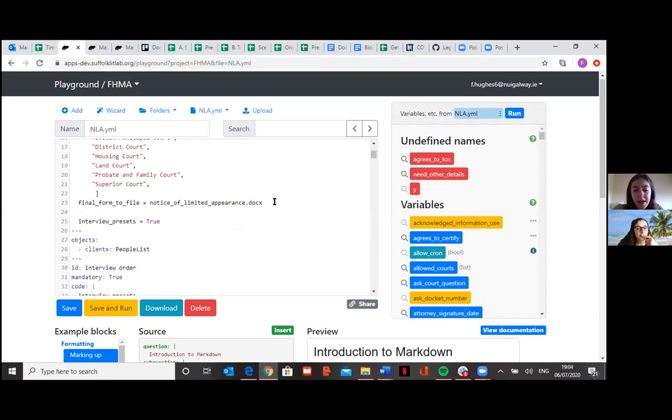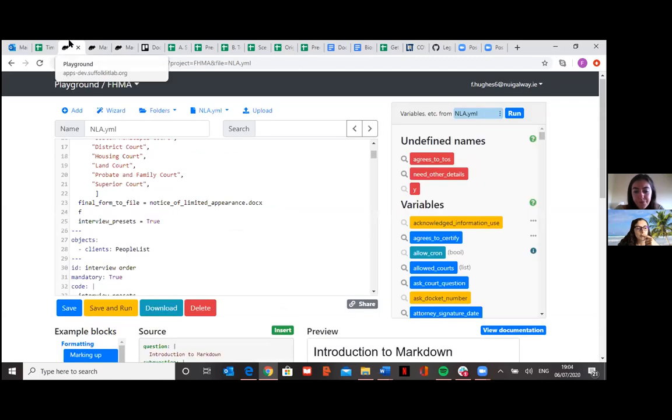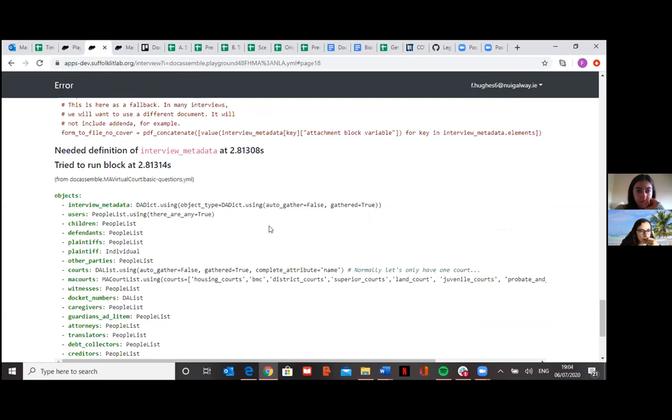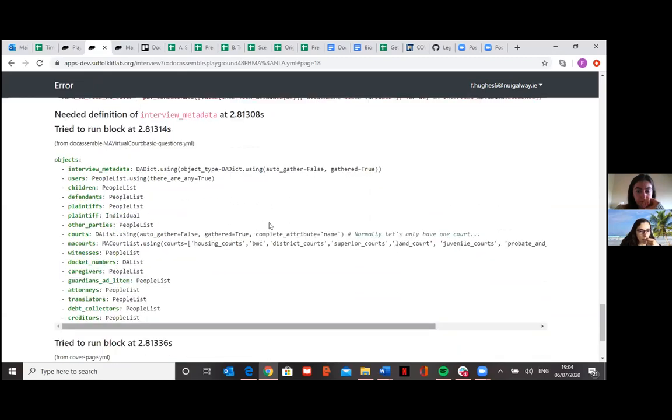I'm wondering why it's calling for a definition of interview metadata. Me as well. Interview. Let's see where that is. All right, I'm just gonna go through. I didn't send. It's in the comment, but